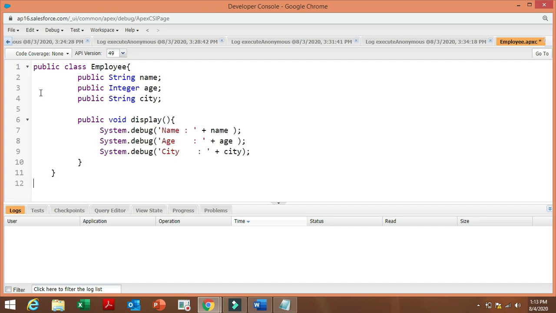Okay, here name, age and city are taken as data members and data types are also included. Then a display method is included inside the employee class and debug log is used to display. Okay, let's save this.